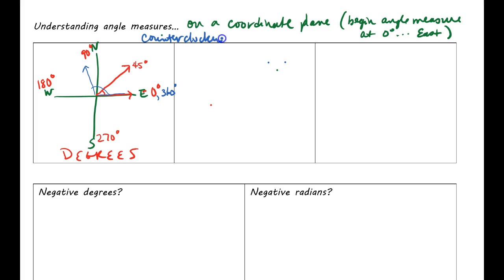Counterclockwise. Okay. So this is how you know how to measure, and if you're wondering, well, why in the world are these two boxes over here? Okay, it's because this is the year where you get to learn a whole new mode of measurement, and it's called radians. You will do this in physics and in precal.